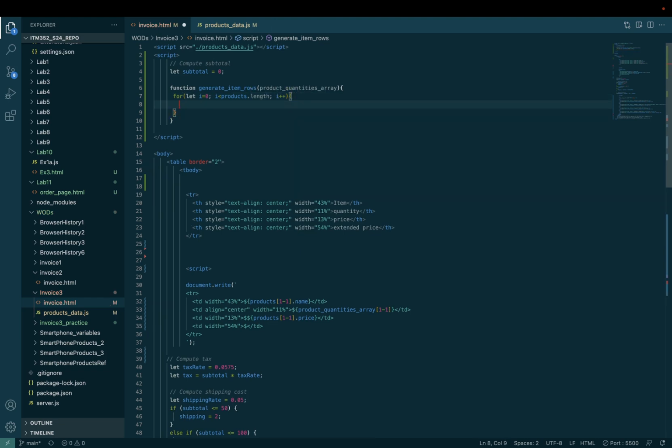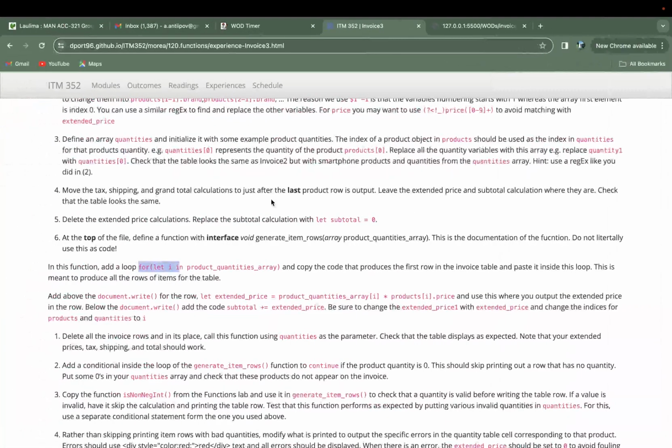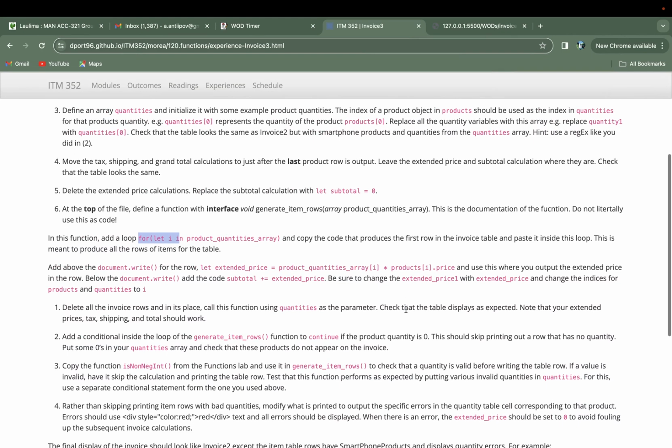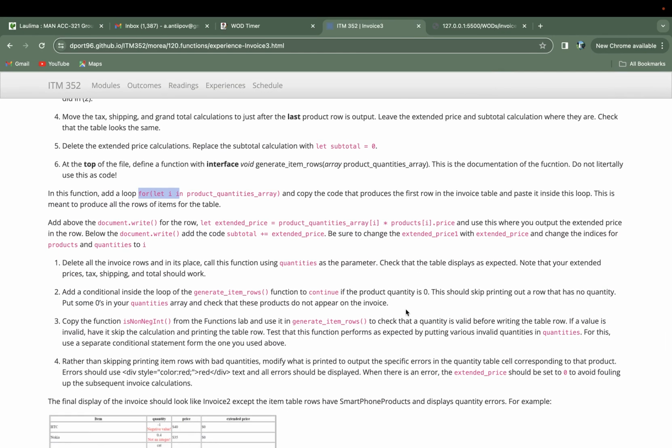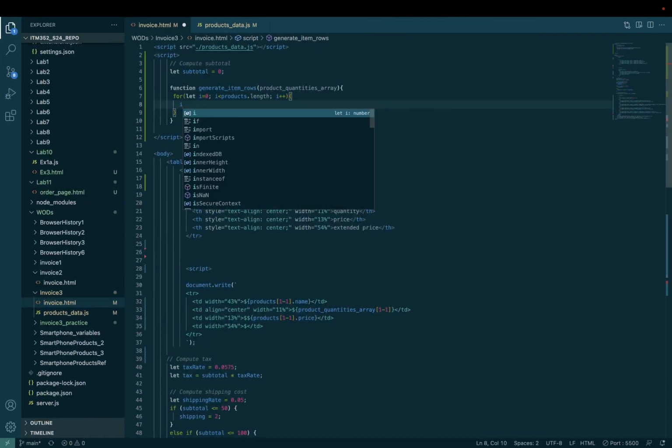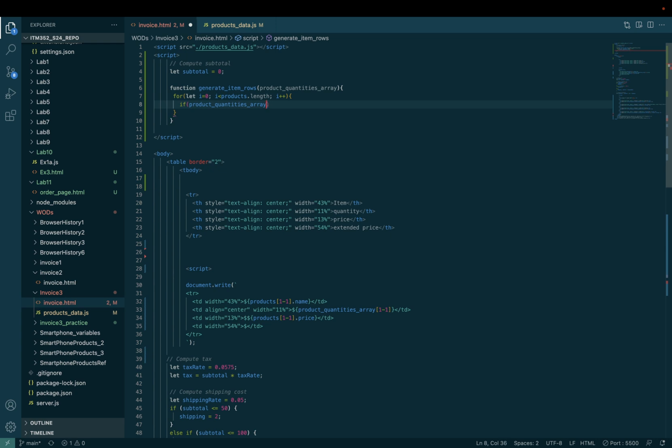And then we will need to do extended price. I think we need an if statement right after that. If product quantities array, we throw in an i right here, is equal to 0, then we will continue. And save. And one more thing which I believe we need in this function is to